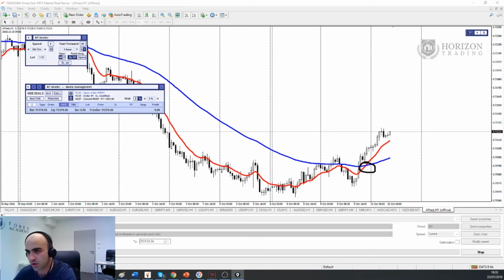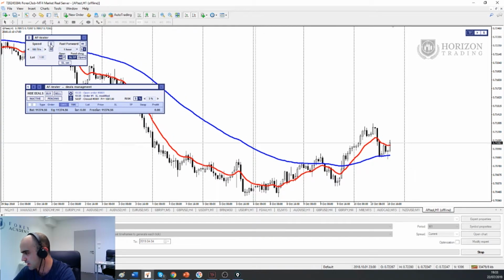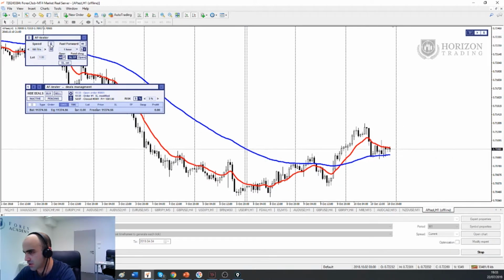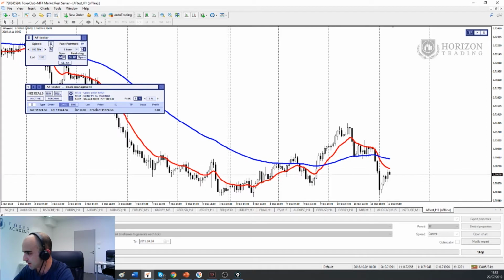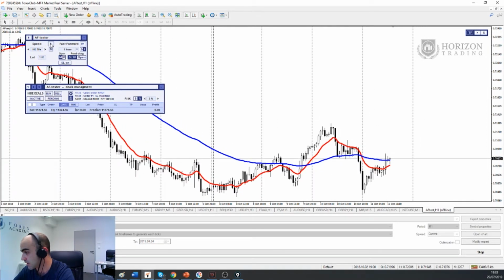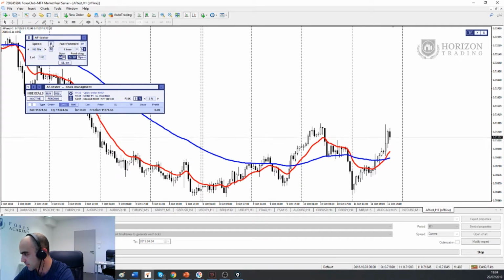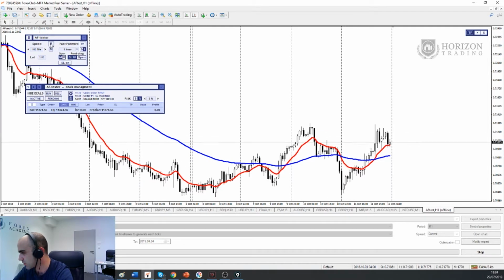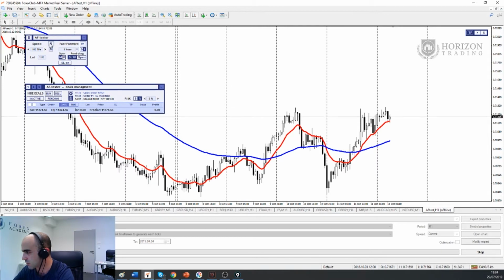So we move on to the next one. The next one hopefully is going to come up soon, so I can show you again how to take advantage of this very simple strategy, adopting exponential moving averages. Here again, the crossing is much later than what we were expecting, therefore not entering the market in there. I want to see a proper rejection at EMA 72 and then trigger the trade.